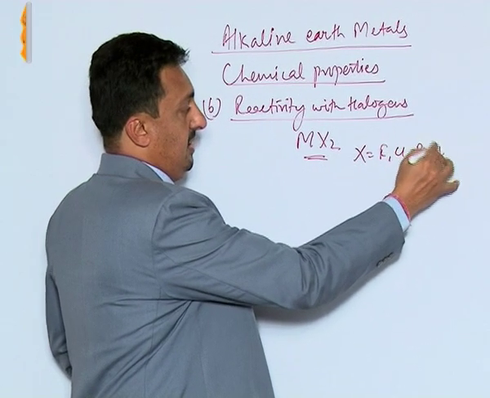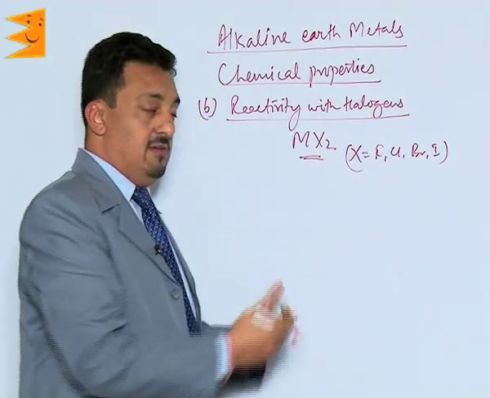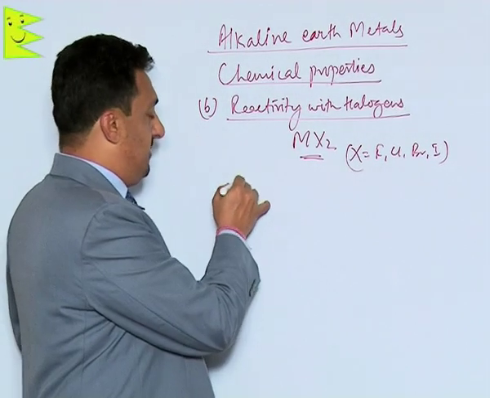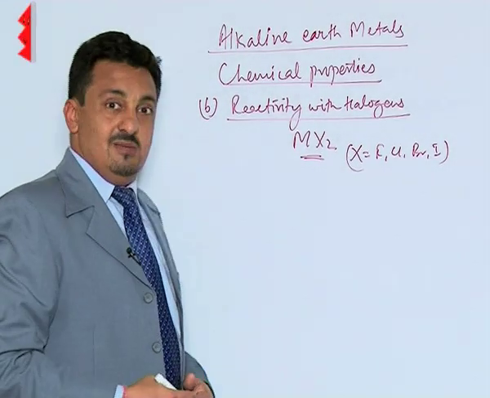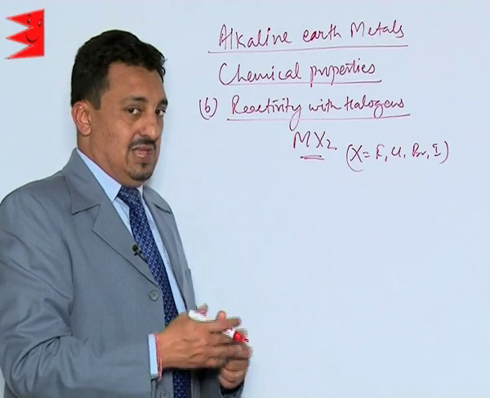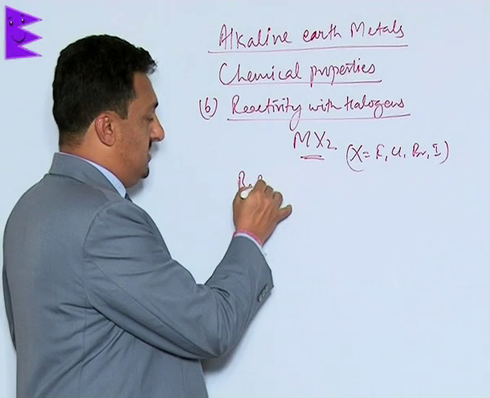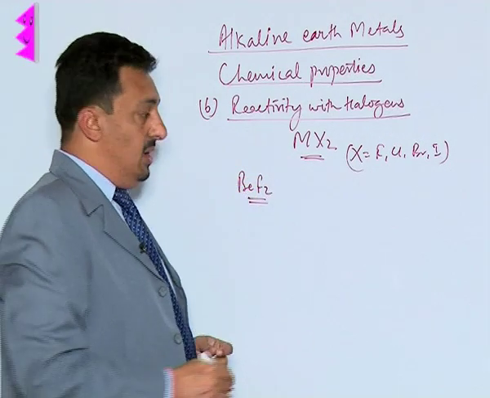chlorine, bromine and iodine. And M can be any one of these alkaline earth metals. Now, we can talk about specifically beryllium. Beryllium doesn't react with these halogens directly so easily. What we find is the most difficult out of these is the formation of beryllium fluoride, which is indirectly